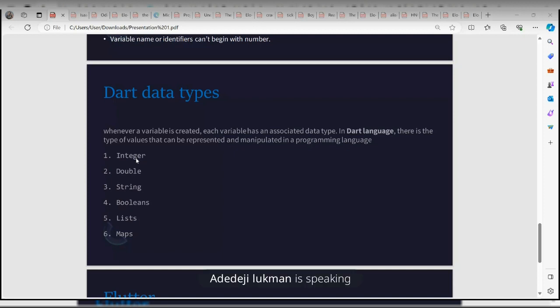Thank you very much. So they are whole numbers, right? They're just numbers. So the difference between integers and doubles is that doubles have decimal points. So they are numbers with decimal points. Do you understand it now? Understood. All right.